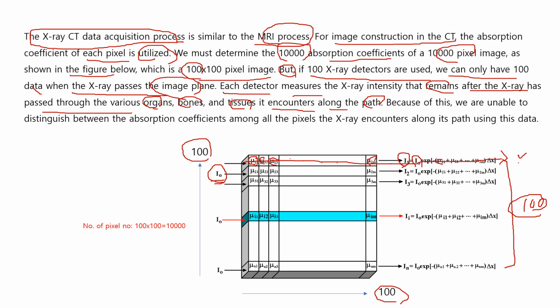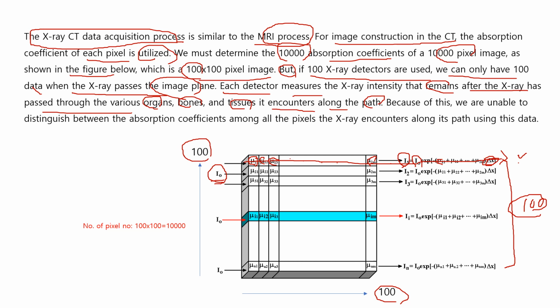We assume that the thickness of each pixel is the same, delta x. Okay. So this detector measures the transmitted X-ray intensity,